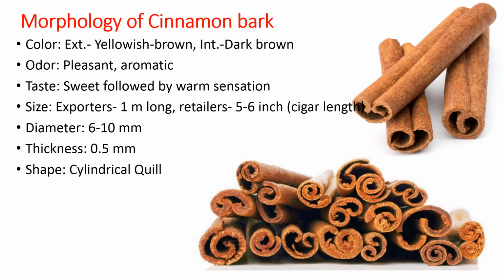Now this quilling can be of different types. Single quill, as you can see in this picture, single quill means it is turning one above the other, a spiral is formed. It can also be a double quill. Double quill means here it is trying to turn inside from both the ends. Both the ends are getting turned towards the center. This is called as double quill. So generally there are only two, single and double quill, in which the bark gets its shape after drying.